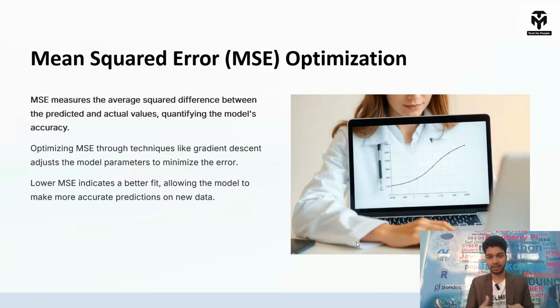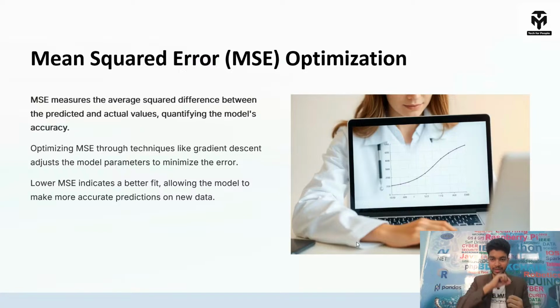Suppose imagine 100% is the accuracy, where your model is able to predict exactly the data that was in the test data set. If your model is able to predict exactly as the test data set, we call this 100% accuracy. But the condition of 100% accuracy is very rare, because machine learning engineers believe that it can be a condition of overfitting. There is something called overfitting and underfitting. Overfitting is when your model performs well on the training data set and performs poorly on the testing data set.